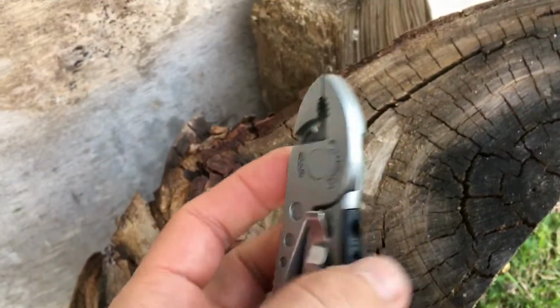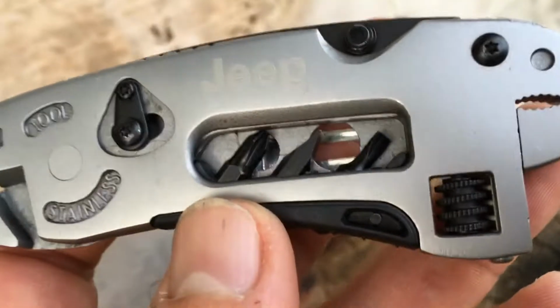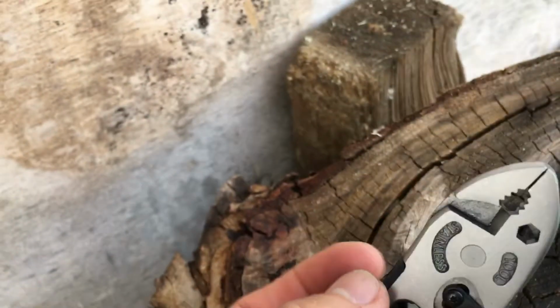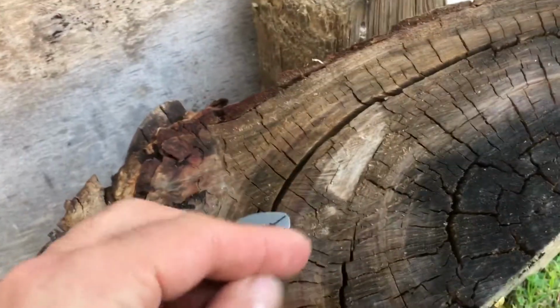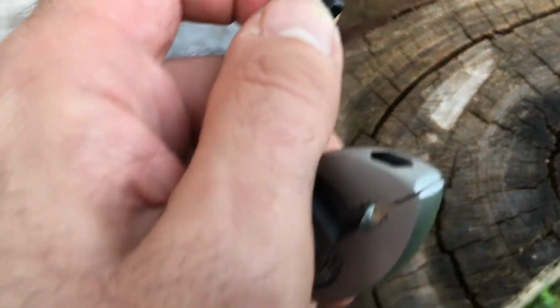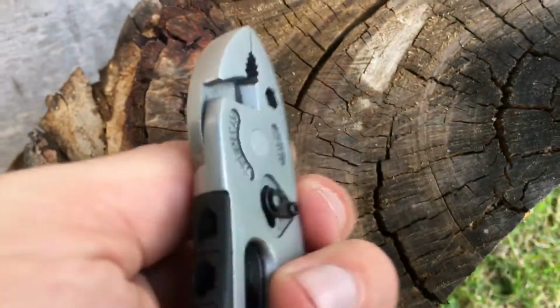Alright. And it's got this really cute little 3 bits, 2 flathead and a Phillips. Let's take one out. See, this thing just comes out like that, and then you have 2 places you can place it, right here in the head of the pliers or in the back right there. Now this one